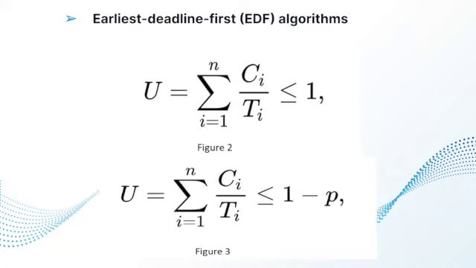The formula used for EDF can be seen in Figure 2, where Ci is the worst case computation time of n processes and Ti is the respective inter-arrival period. In case of non-preemptive uniprocessor calculations, EDF is an optimal scheduling algorithm, but only among the class of scheduling algorithms that do not allow inserted idle time. The formulas for such instances can be seen in Figure 3, where P represents the penalty for non-preemption.